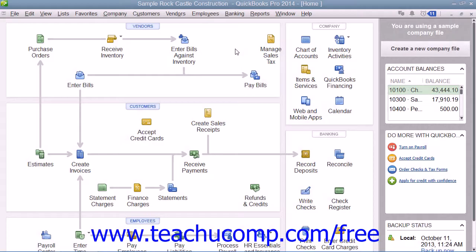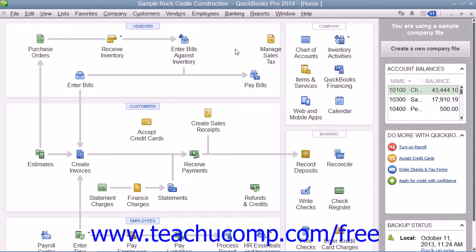www.teachucomp.com/free. You keep information about the companies and people from whom you purchase goods or services in the Vendors tab within the Vendor Center. In QuickBooks, you keep part supply vendors, utility companies, subcontractors, and more within this list. The list of vendors tends to be one of the larger lists that you maintain. QuickBooks uses the information you enter to fill out purchase orders, bills, and checks as you make purchases for your